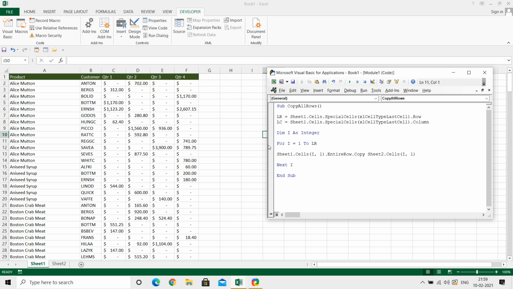We need not have the extra part, so Sheet 1 Cells I comma 1, with I changing.